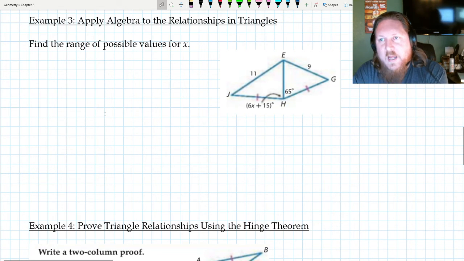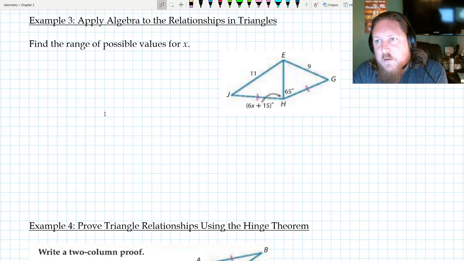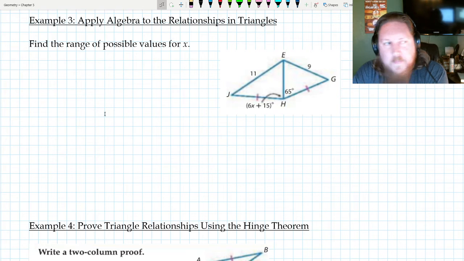Example 3, apply algebra to the relationships in triangles. Find the possible range of values for x, which is part of an angle measure. First thing, if we're trying to compare angle measures, we're going to have to use the converse of the